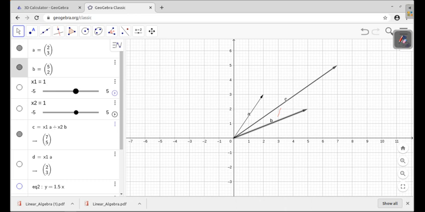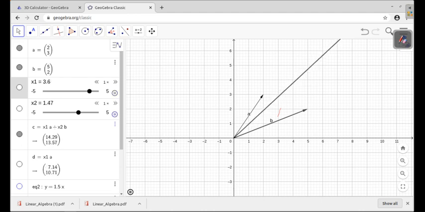And if you change the value of x1 or x2, then the linear combination of a and b also changes. So this is a linear combination. This linear combination changes, but still the result is in R2 itself. So I am showing just a simulation of different values of x1 and x2. When x1 and x2 change,